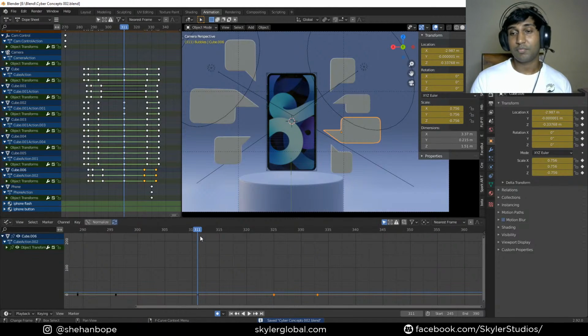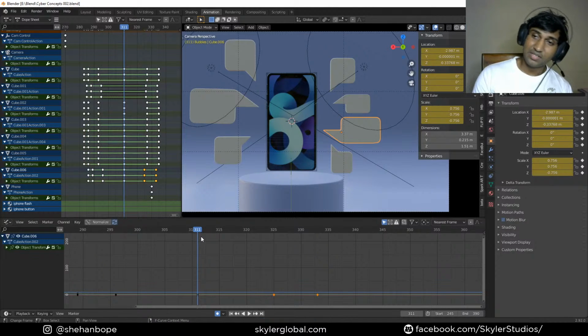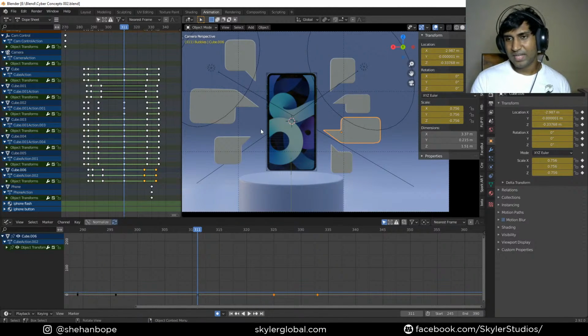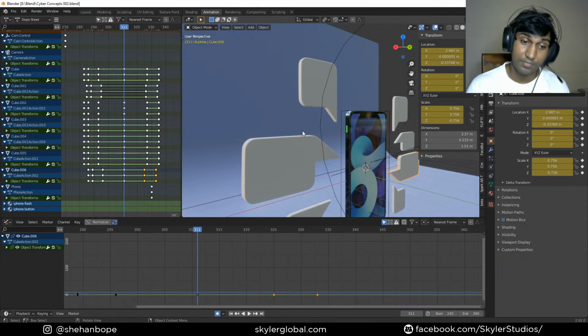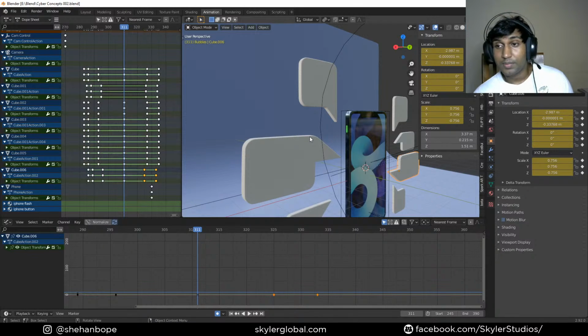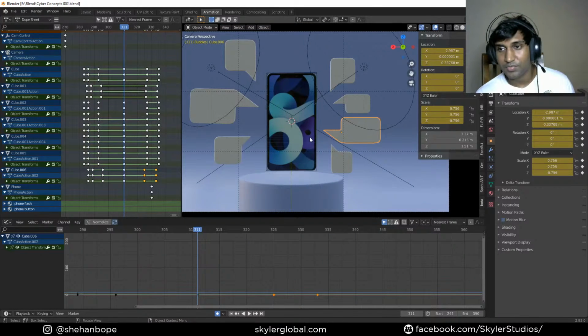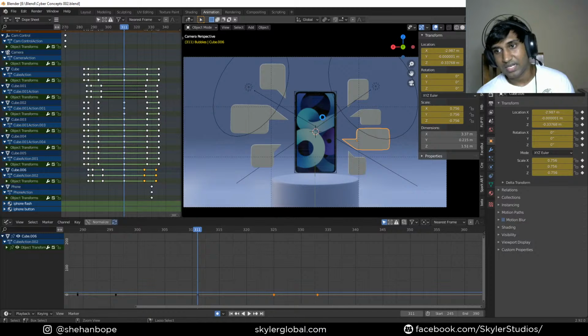There's going to be a lot of music and text animation coming in as well. I was wondering whether to do that in After Effects or here. Let's see. And I'm gonna have to add some vector icons here so that I can just parent them onto this object without having to animate them all over again, which is gonna be a nightmare, and I don't want to do that. Because I had to finish this by tomorrow's end, because I have a shoot